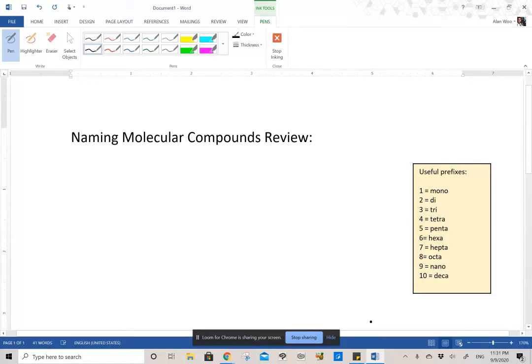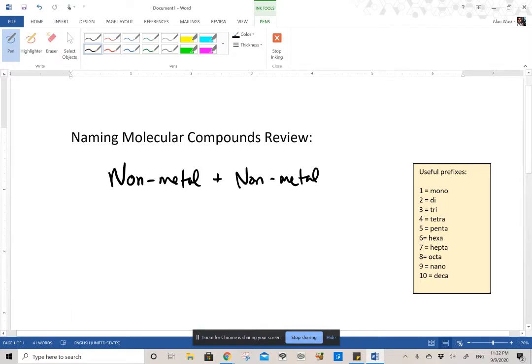Hi, everyone. Today we're going to look at naming molecular compounds. This is something that you did quite a bit in grade 10. Molecular compounds involve two nonmetals, so it's a nonmetal plus another nonmetal. And all of your nonmetals are found on the right-hand side of the staircase on your